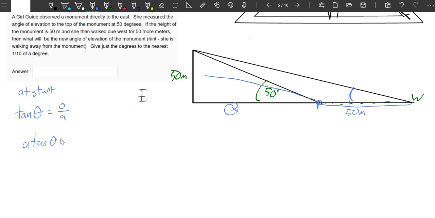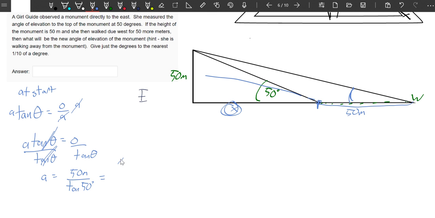We're going to have to solve for it. I multiplied both sides by a, so that I could cancel these guys out, and then I divided both sides by tan theta so I could cancel this one out, and now I have my adjacent side, which is this bit right here, is equal to my opposite side, which is 50 meters, over the tangent of my 50 degree initial angle of elevation. So if I take 50 meters and I divide it by the tangent of 50, which is 1.19,